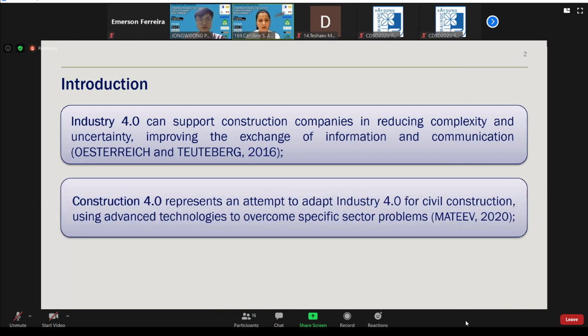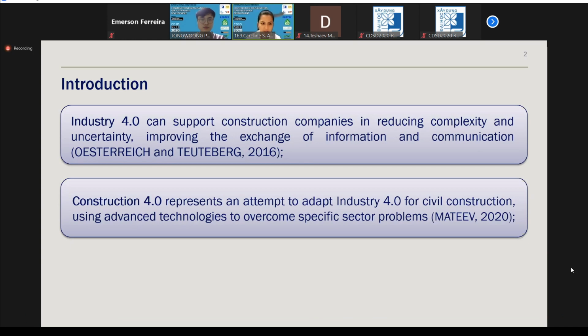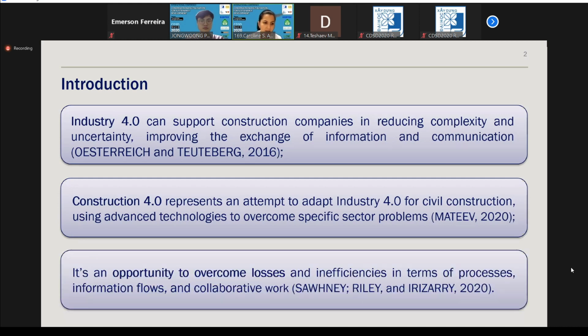Construction 4.0 is a term that represents the adaptation of Industry 4.0 to the context of civil construction, and we can use advanced technologies to overcome specific sector problems. All this context is a great opportunity to overcome losses and inefficiencies in terms of processes, information flow, and collaborative work.